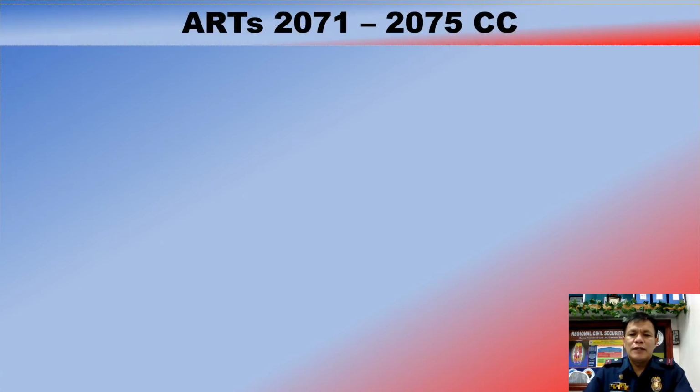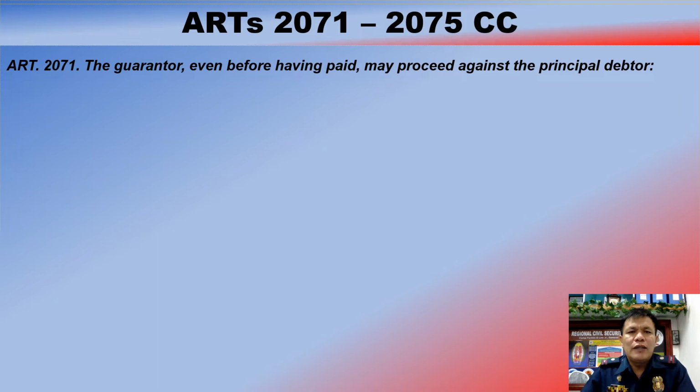I am Roger Albacete. I will be reporting Articles 2071 to 2075 of the Civil Code. Article 2071 provides: the guarantor, even before having paid, may proceed against the principal debtor: